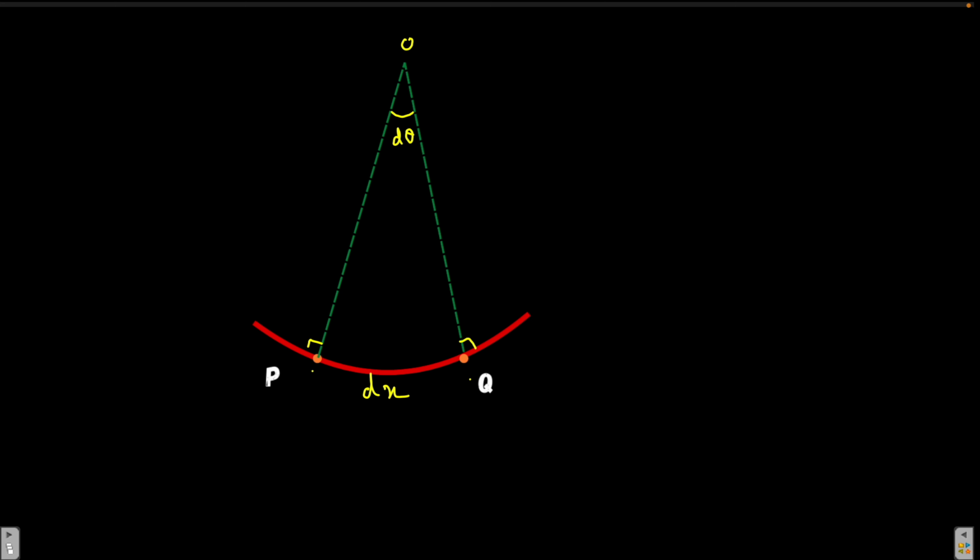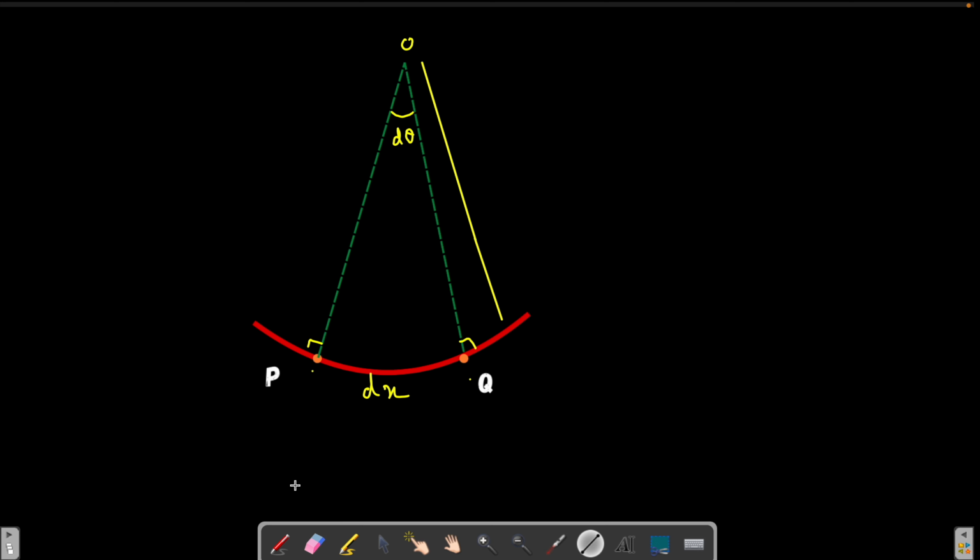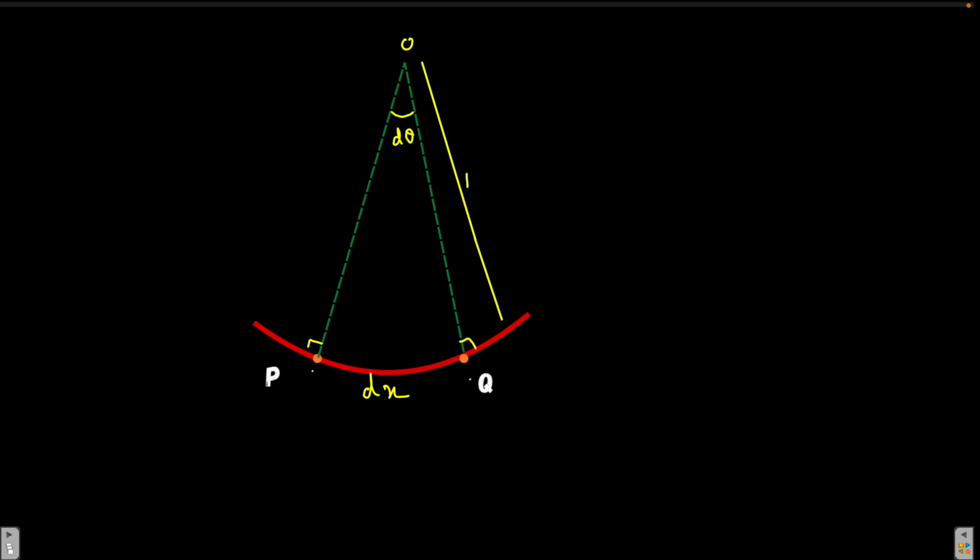Now let's consider this distance as the radius of the circle or the radius of the arc, and we represent this as r. It is the radius of the curvature of the arc. Now since this arc length is very small, dx is very small, so can we write this dx is equal to r d theta? Or from here can we write that d theta is 1 by r into dx? Yes, we can. Let me name this equation as equation number 1.